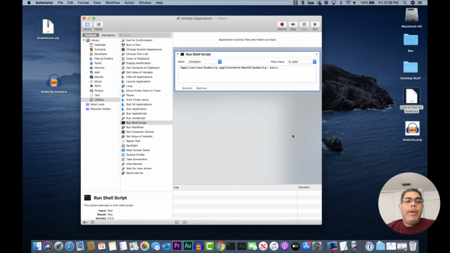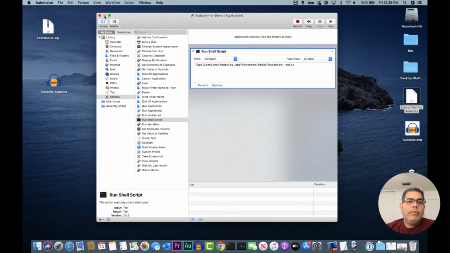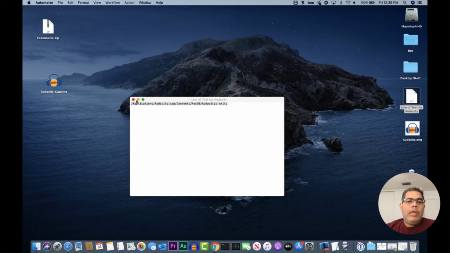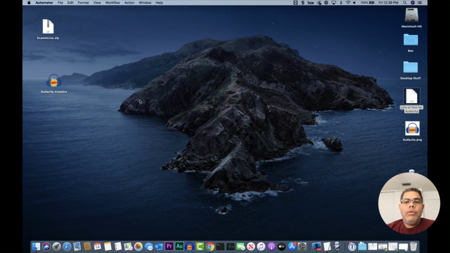Now that this is finished, let me close everything here so you only see the icon here in the middle. Oh wait, let me move it here so you can see. So what you're seeing is an app that when I double click on it,